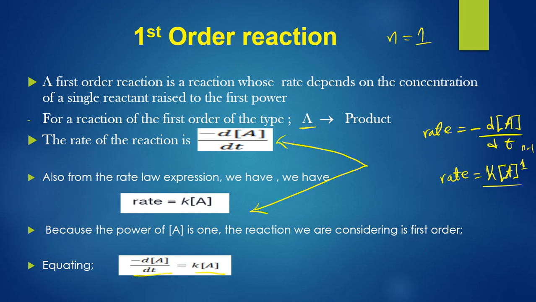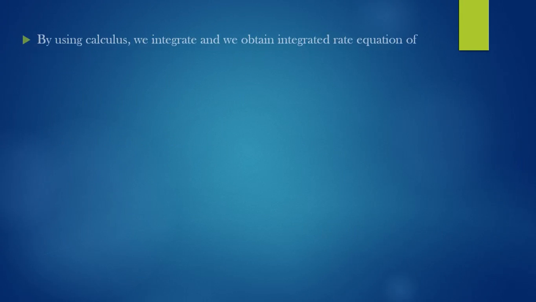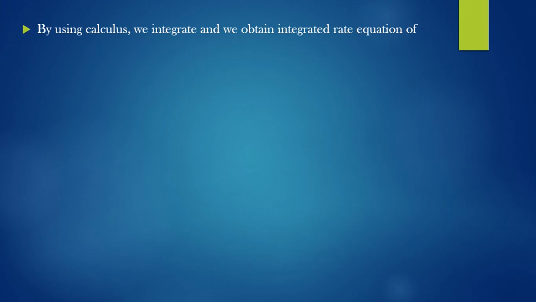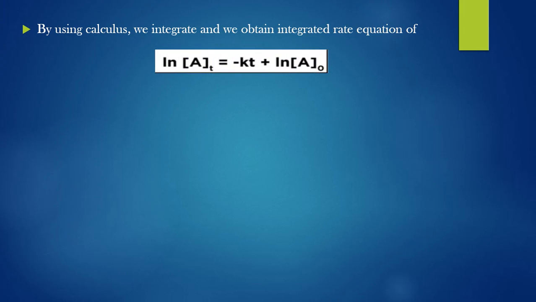So here we're going to use calculus. We're going to integrate this. So after integrating this, we're going to come up with the integrated rate equation for the first order, which is applicable to the first order. So by using calculus, we will integrate and we obtain the integrated rate equation, which will take this form. So when you integrate, you're going to come up with this,